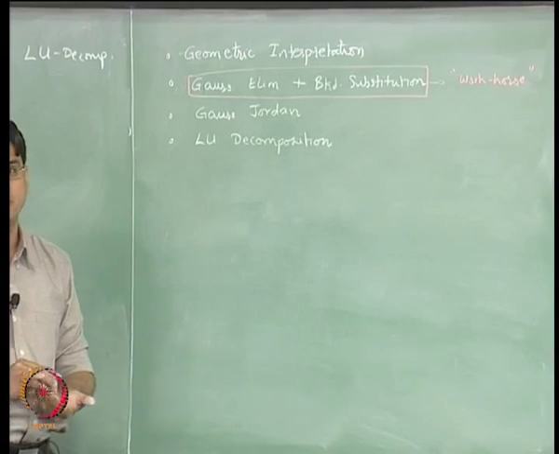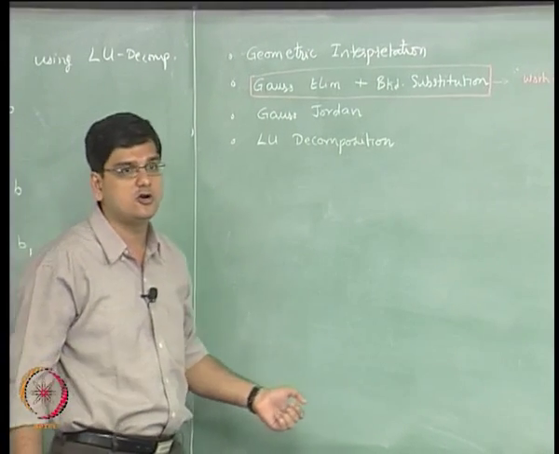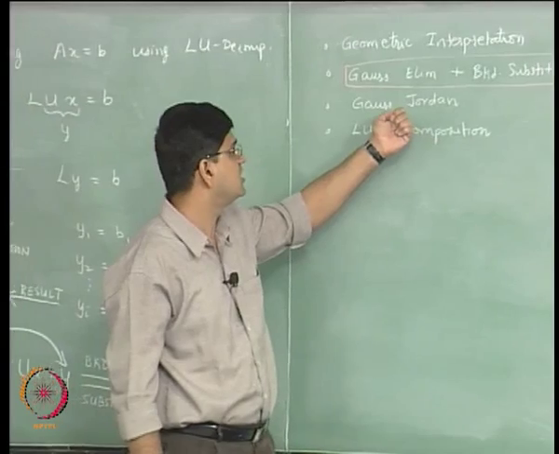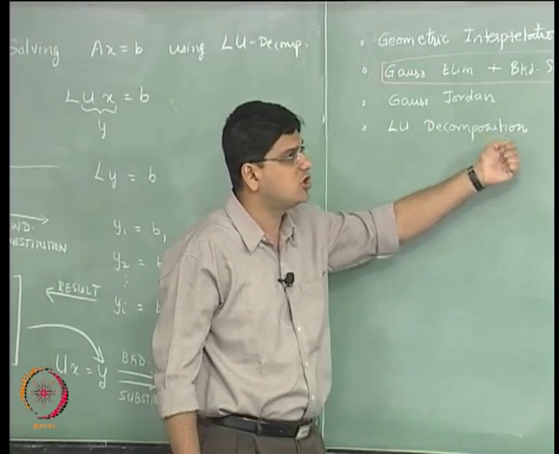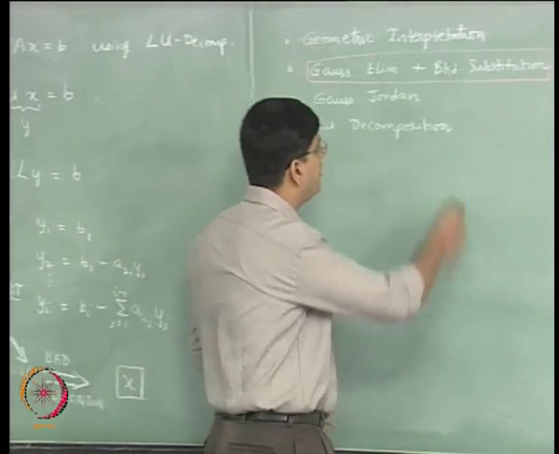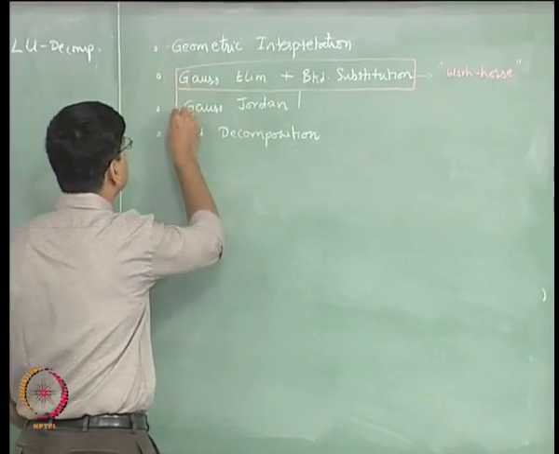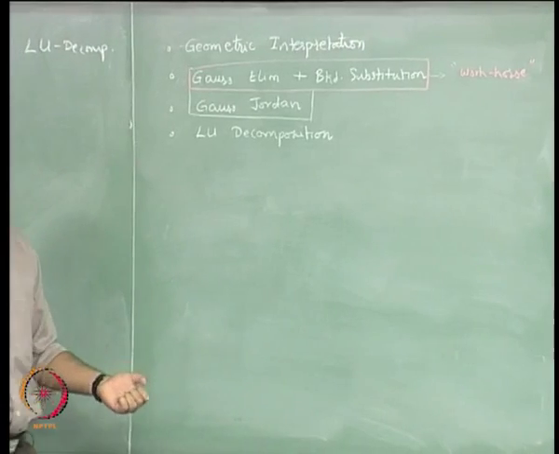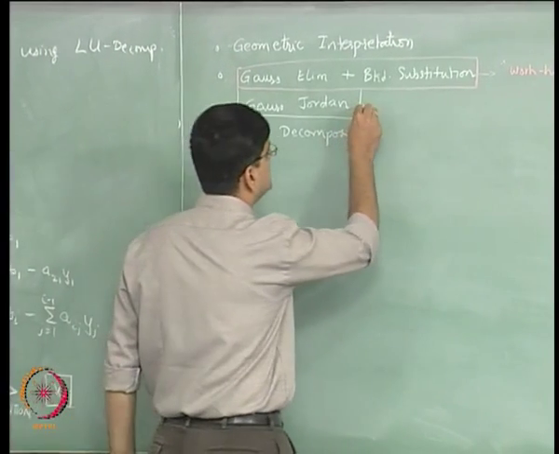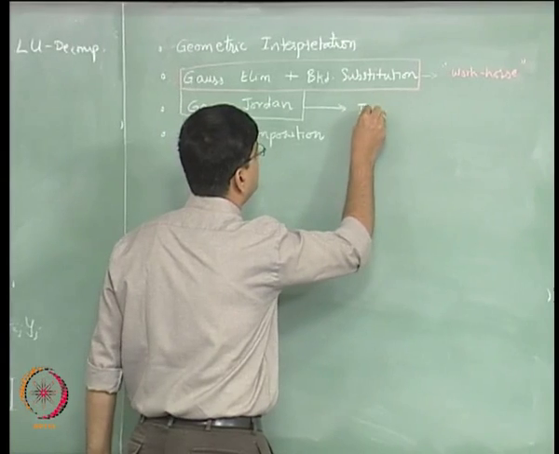There are a couple of modifications that I am going to talk about in the next lecture that are very essential, which we have not yet covered. The Gauss-Jordan method is very popular also. A lot of people actually prefer to use Gauss-Jordan over Gauss elimination as well, but it is especially useful in finding the inverse of a matrix.